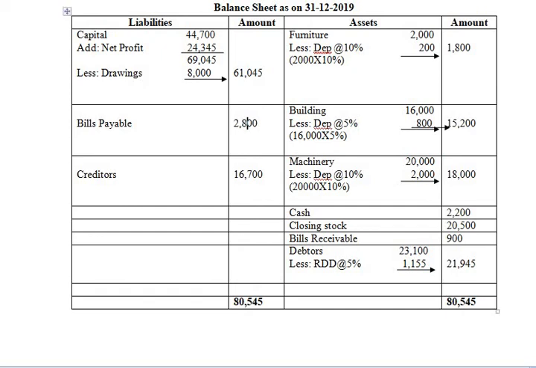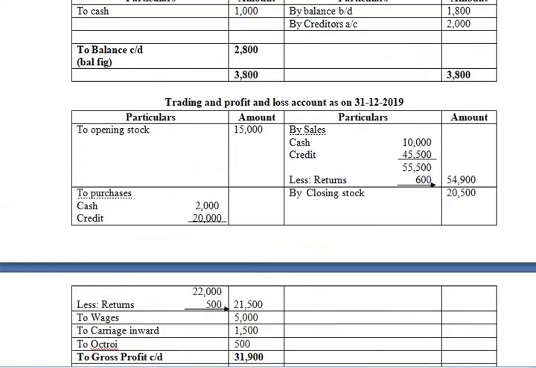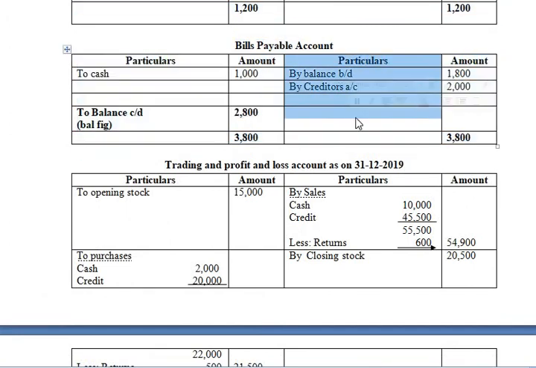Actually, I'll just get back to the bills payable account. When you close bills payable account, the total of this is 3800, and when you tally this, that is 3800 minus 1000, you will get 2200. But I checked the whole problem, there is some mistake in the question. I will just find it out once again. I have tried all the means but I'm still not getting it. I'll let you know in the next video. Actually the amount comes here as 2200, but right now if you take 2200, the balance sheet does not tally, so we'll take it as 2800. I'll go through the question once again and let you know in the next video.